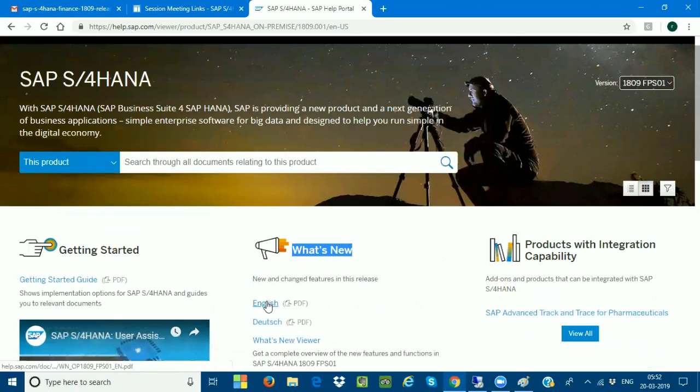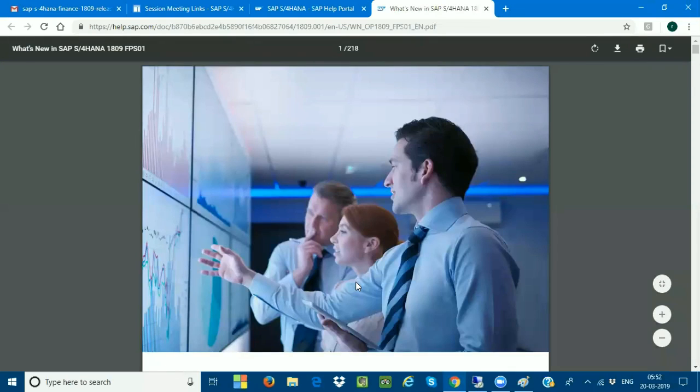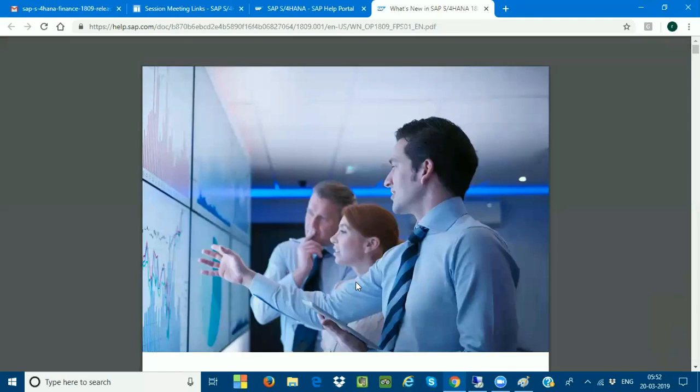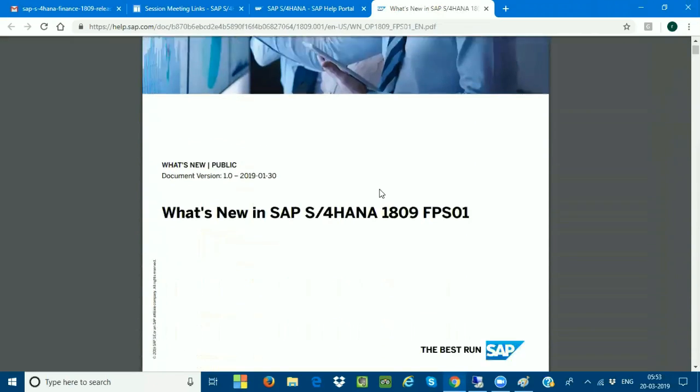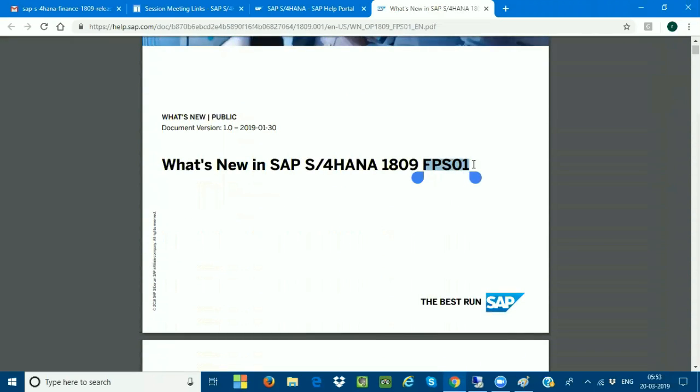Now if I click on English language, this is the document. In the Feature Pack Stack, what changes have been done before and after. I just want to compare 1809 with the initial service pack and 1809 with the Feature Pack Stack.